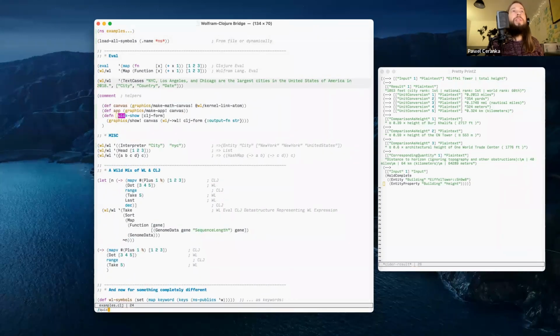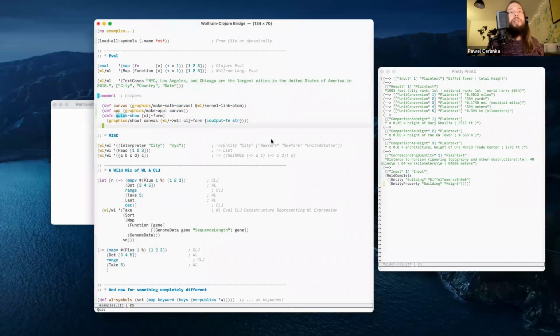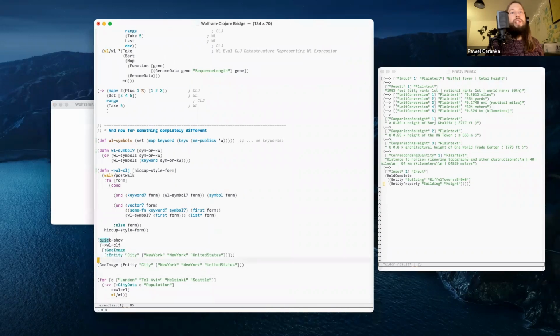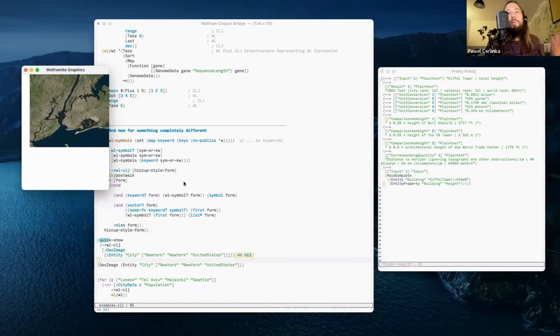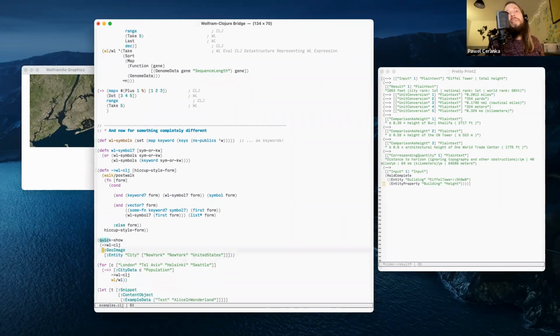Do we have this here? Yeah, we have. So I will bring up this canvas thing and run this, and you can see this renders again, right? And this is just a little piece of code, and maybe that could be an interesting representation. It's not only because of that hiccup connection, but also this feels more like a typical data structure in Clojure, and now I can do a simple, okay, I can just map over this or do whatever.